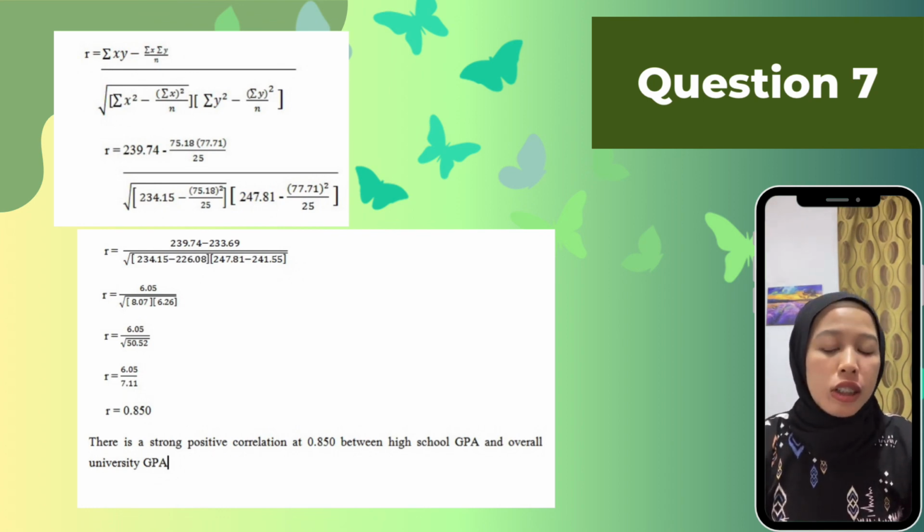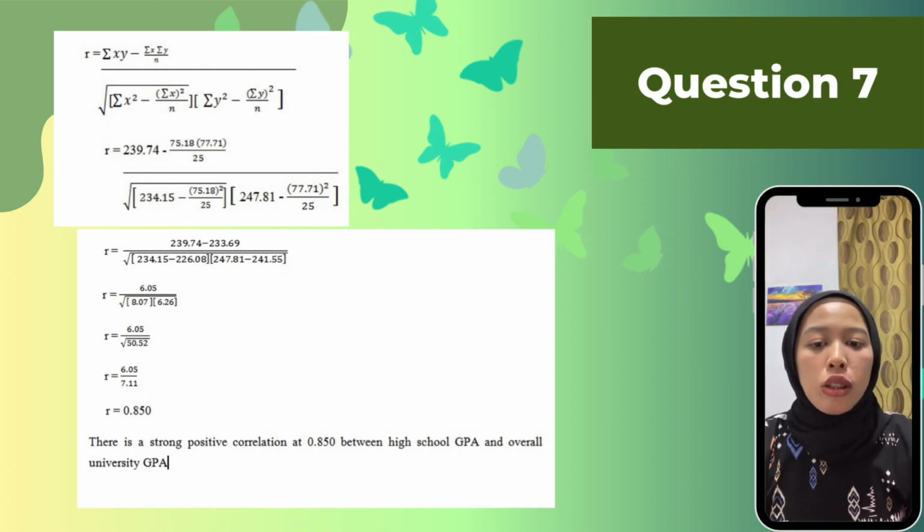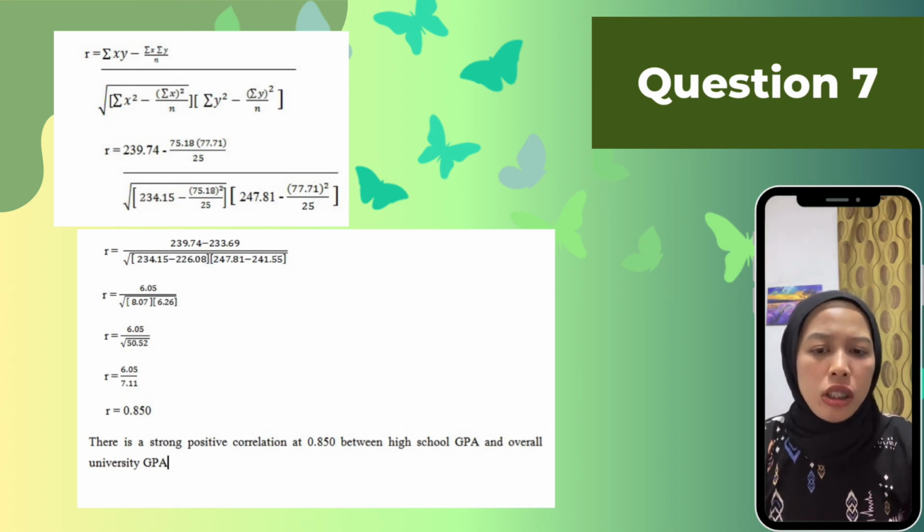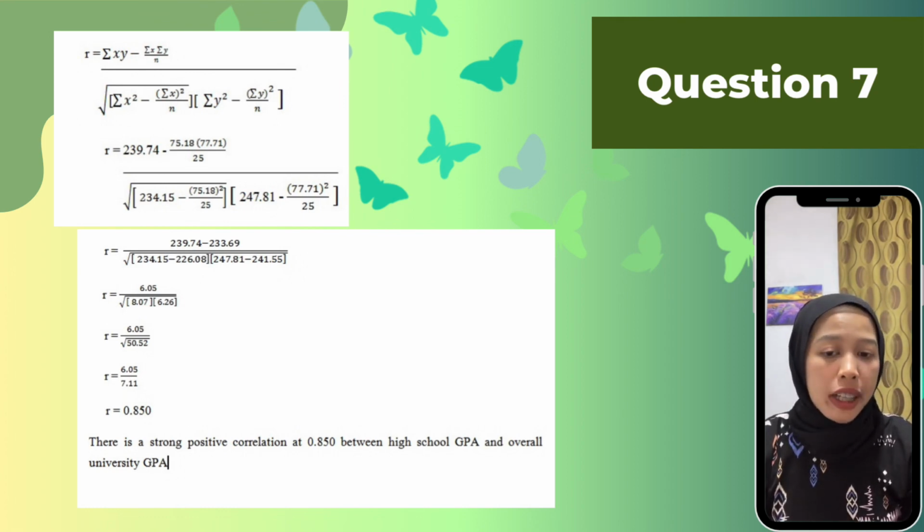Then we get 239.74 minus 233.69 per square root bracket 234.15 minus 22608 close brackets and 247.81 minus 24155 equal to 6.05 per square root of brackets 8.07 close brackets 6.26 close brackets equal to 6.05 per square root 50.52 is equal to 6.05 over 7.11 and R equals